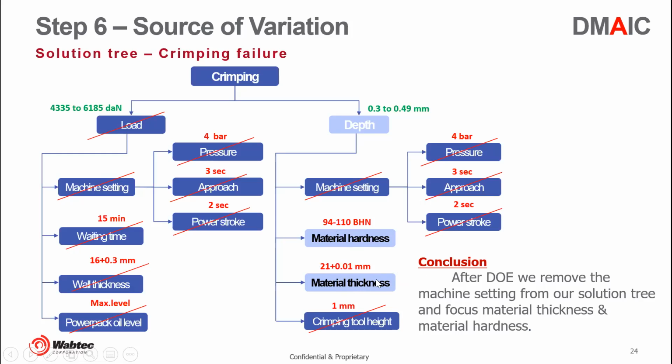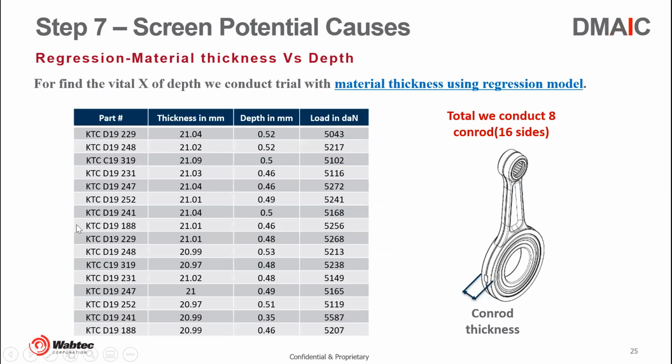Initially we took the thickness part and plotted again, and we wanted to use the regression model over here. We did a trial on 8 conrods on 16 sites and plotted them over here